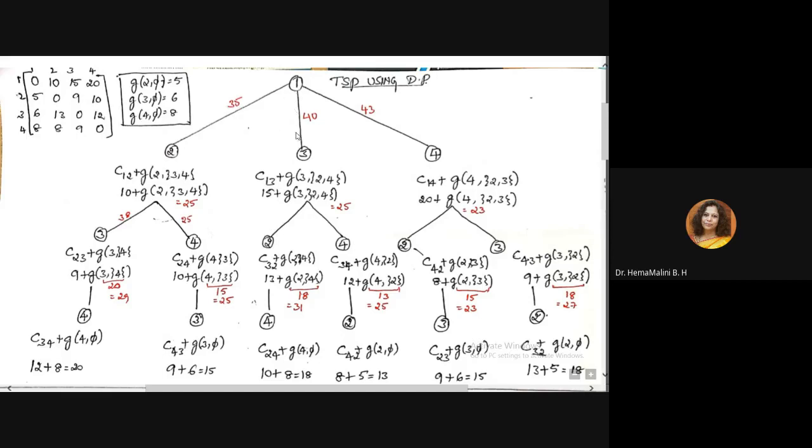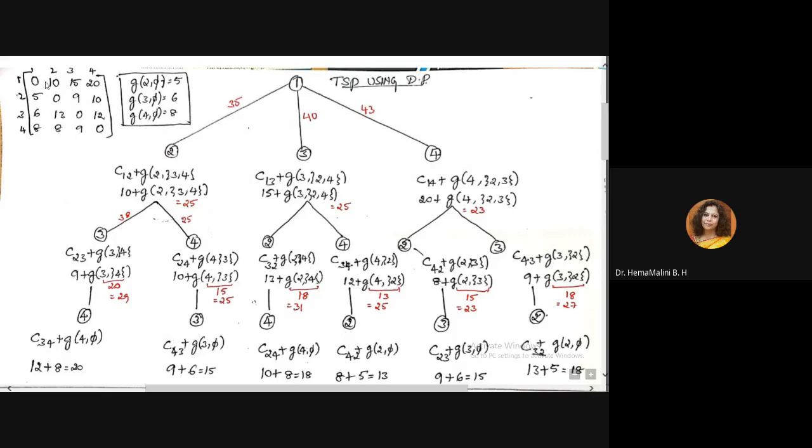Same way, if he is going from 1 to 3, the cost would be, what is K here? K is 3. So C of 1 3 plus G of from 3. He is at 3 now. 3 2. Remaining cities are 2 and 4. So 2 comma 4. Now he has to go from city 1 to 4. If he is choosing this path, so what is K? K is 4. So C of 1 4 plus from 4 G of 4 comma remaining cities would be 2 comma 3. Fine. So now look at the matrix.